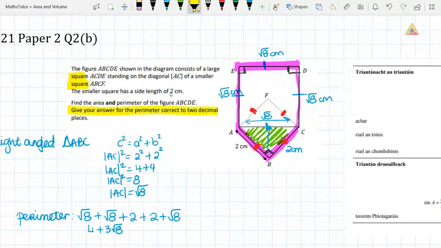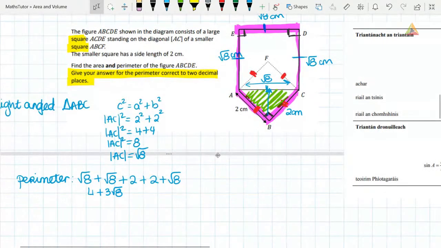But I want to do something with this because the question says to give my answer for the perimeter correct to 2 decimal places. So you can just pop this straight into the calculator as it is. So all the way from the beginning, you can pop it into the calculator. And when we do that, we get an answer that says